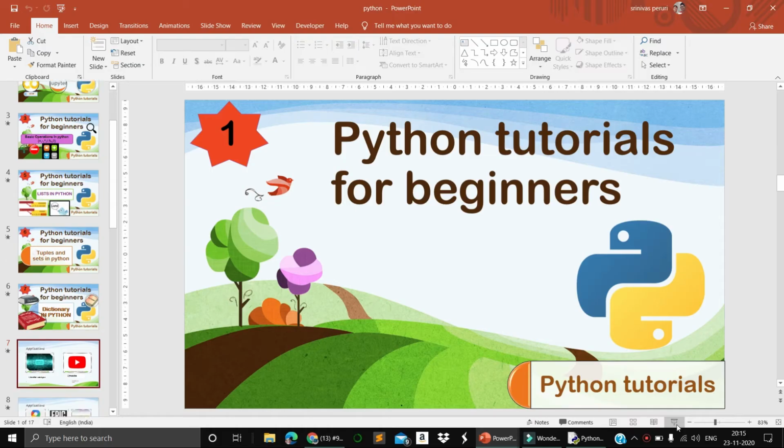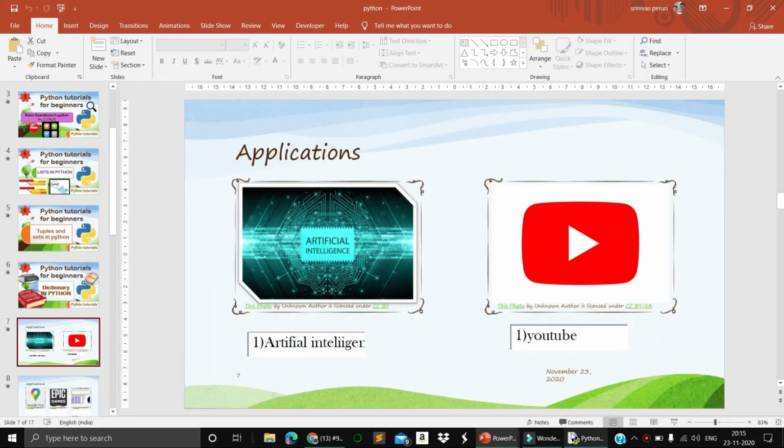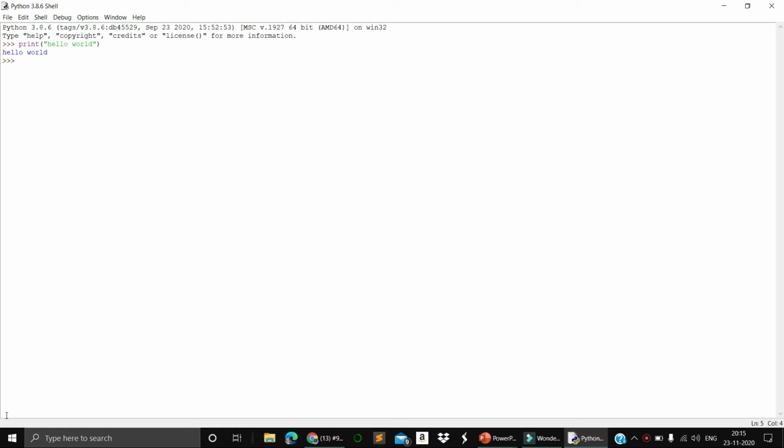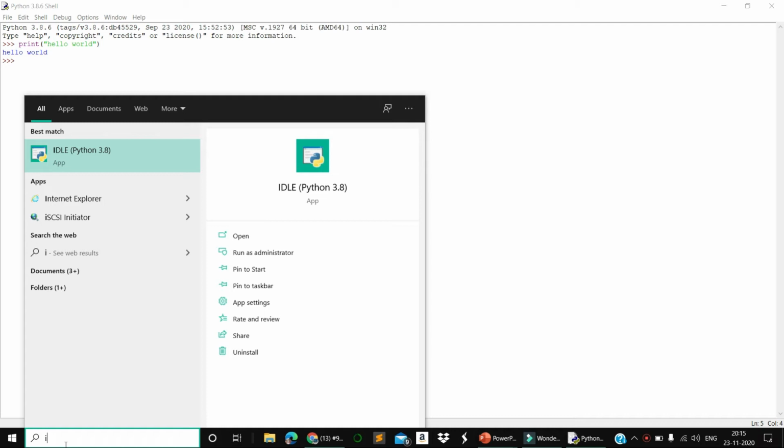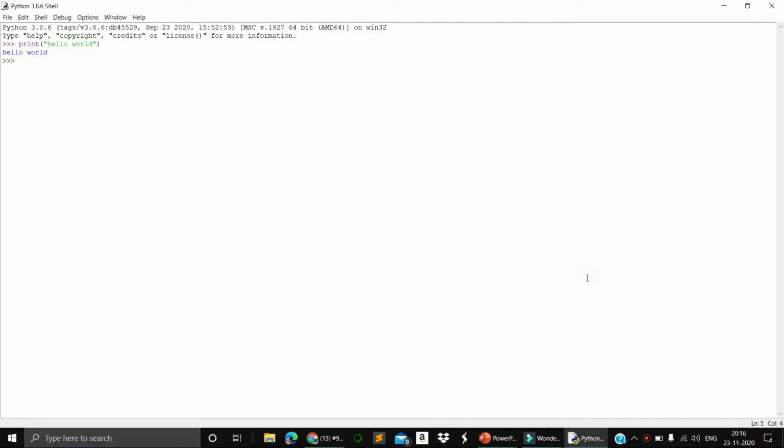Today we will be having more fun. I'm using another thing called IDLE, because Python has so many options, right? IDLE is also there. You see the white interface. In the previous lecture I used the command prompt, so because of that I had a different interface. Today I am using another interface called the IDLE software. So let's get into our session.